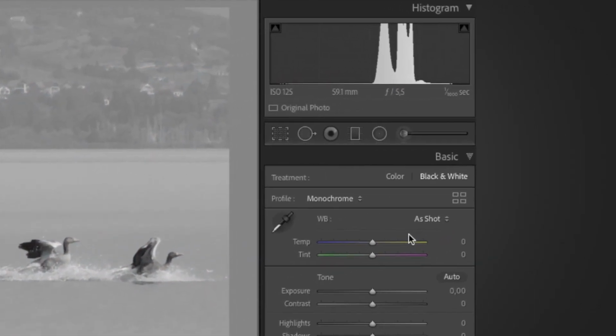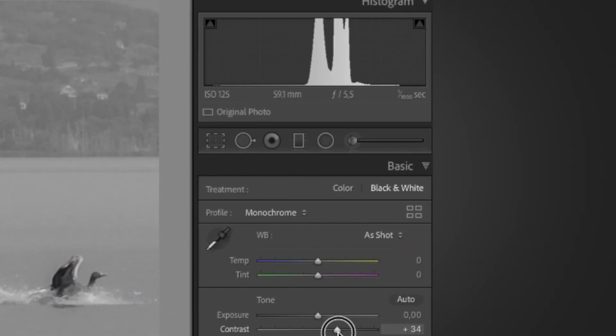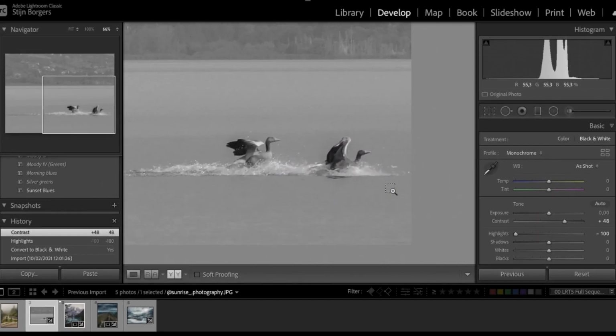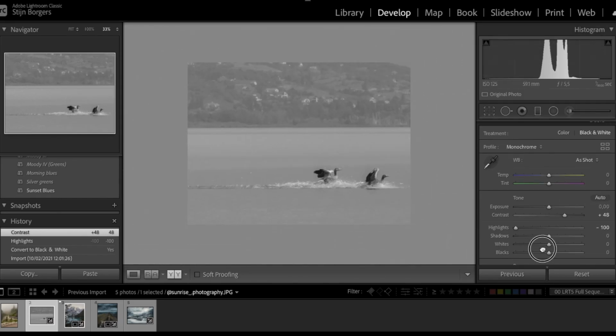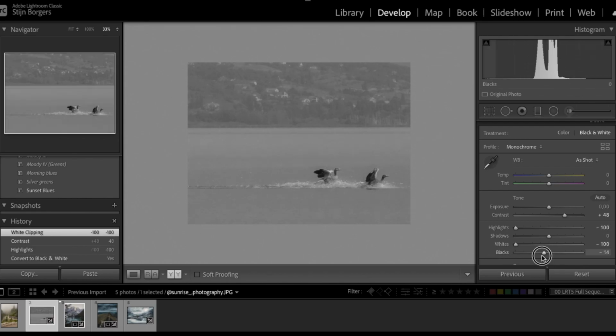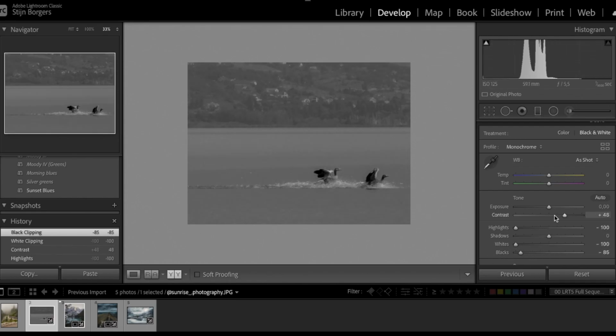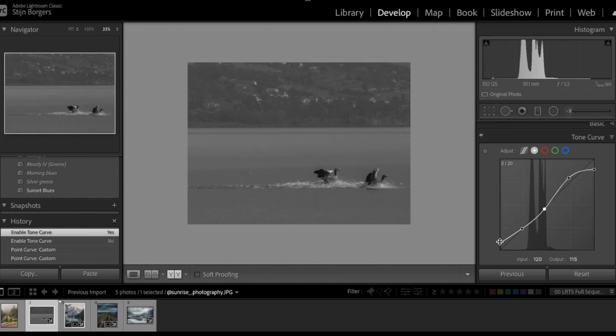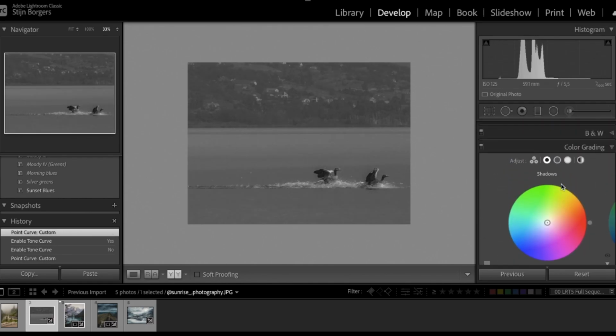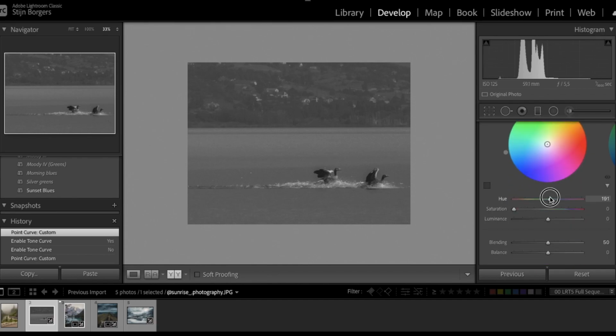So I decided to do something that I pretty much never do, which is turn it into a black and white image. And then I played around with the exposure and the contrast to make it pop a little bit more. I used the tone curve to create this cool fade. Yeah, I ended up putting in a little bit of blue in the color grade,